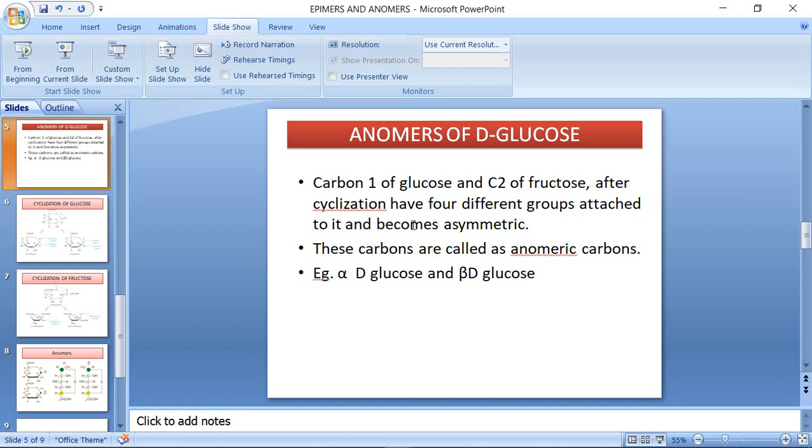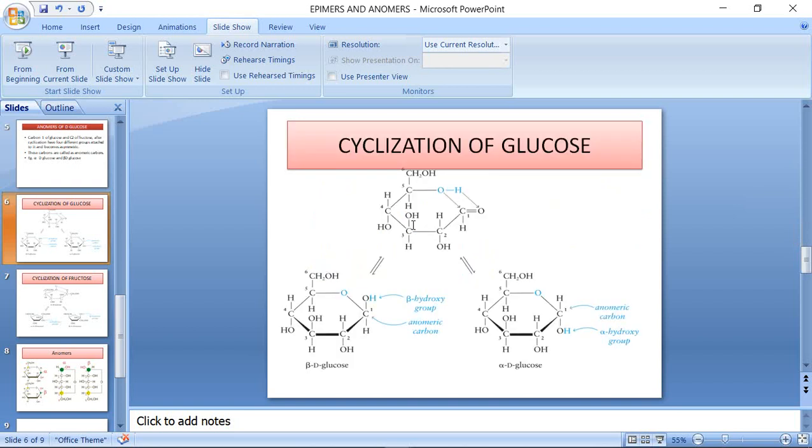Okay. I'll give that example. How the cyclization is taking place. See the presence of the 2 reacting groups. You have to see the picture. The presence of the 2 reacting groups, a carbonyl group, in the case of glucose it is the aldehyde group, CHO group, which is present in the first position, and CO group of fructose in the second position. So the presence of 2 reacting groups, one is the carbonyl group and another one is the alcoholic group, on the same sugar molecule allows the cyclization of monosaccharides containing 5 or more carbon atoms.